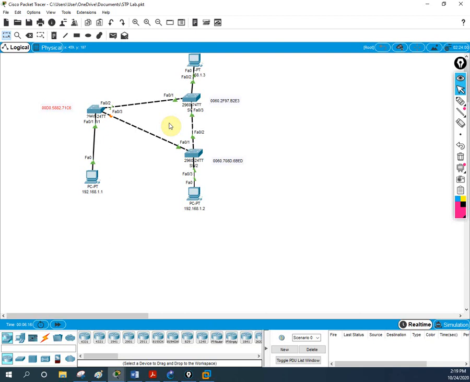Now what did we learn in this one? We learned what issues we will have if we don't have STP, and how we can check whether STP is running or not. We type that command and check. In one switch we get the information that this is the root bridge, and for that switch all the ports are enabled, all the ports are working, and all the frames will go through those ports. So I think for this class this is enough.